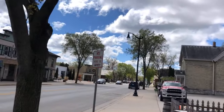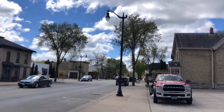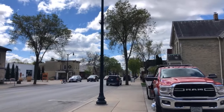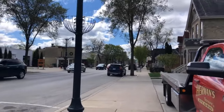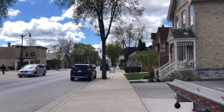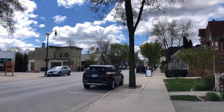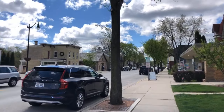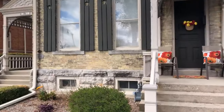So that grist mill was rebuilt in 1855 with a building that is in fact still there today. It's got a brewery in it. We'll go by there in a little while. But behind me, that Cedar Creek settlement, was a woolen mill that was built in the 1860s. And believe it or not, that was the largest woolen mill in the country east of Philadelphia at that point. So that's pretty amazing. 1885 is when Cedarburg is officially incorporated, but you can tell from a lot of these houses,